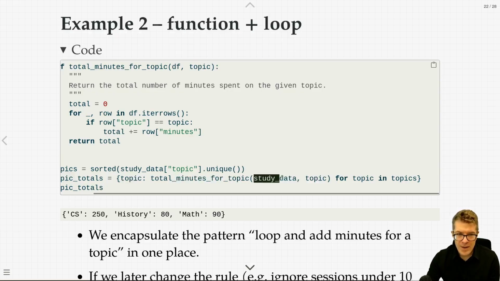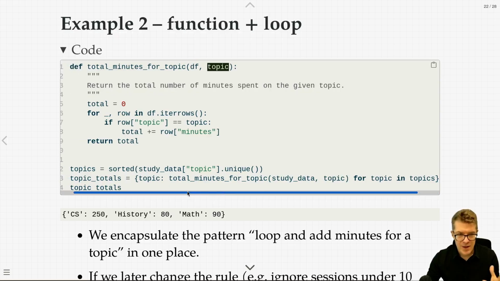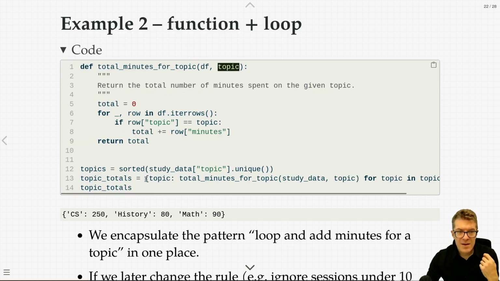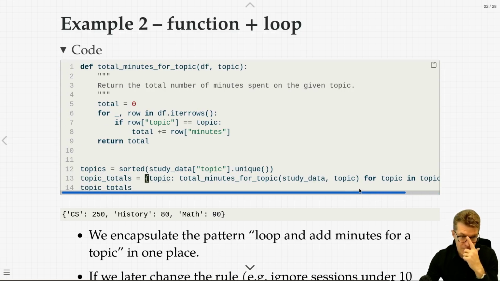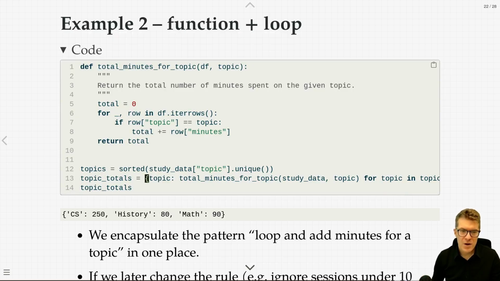And then we have our study data, which is our data frame. We have topic, which is the individual topic. We pass that to our function. We iterate. Because we're using curly brackets here, this is also a bit of a side note. Curly brackets essentially produce dictionaries or hash tables in Python. These are special data types, which are kind of like lists in some way, except every element in this structure has a key, which has a name, a string, and then it has a value